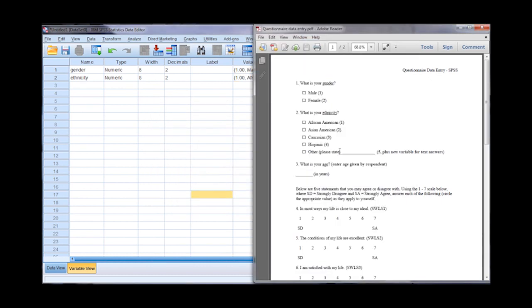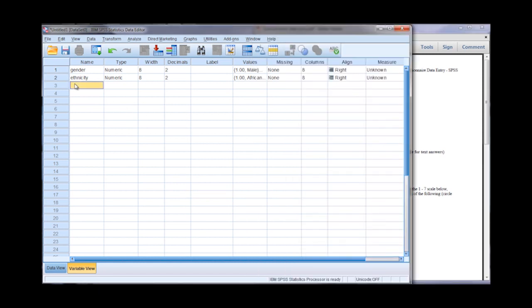Now say someone checks this box, other. They get a 5 for ethnicity. But then they state something like biracial. Whenever we have a box or an entry where people can type something in, that needs its own variable. So here in row 3, we're going to enter other ethnicity.